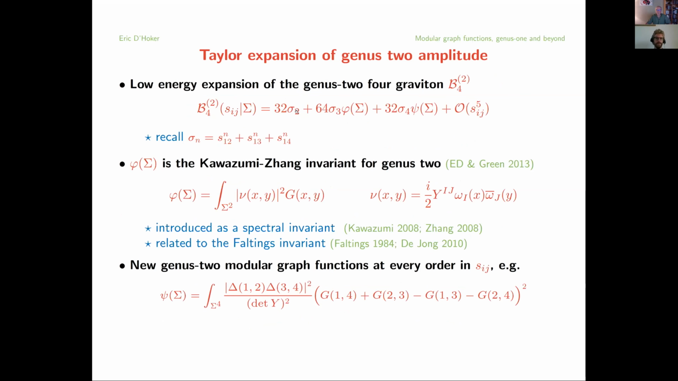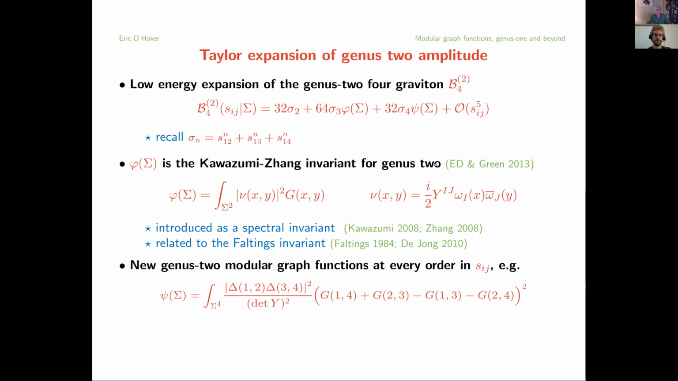So the first term is just a constant on moduli space. If you integrate it on moduli space, it just gives you the volume of moduli space. What's the next object? Well, actually, the next object we found out a long time ago is the so-called Kawazumi-Zhang